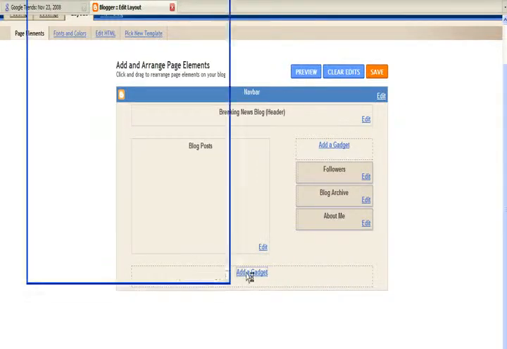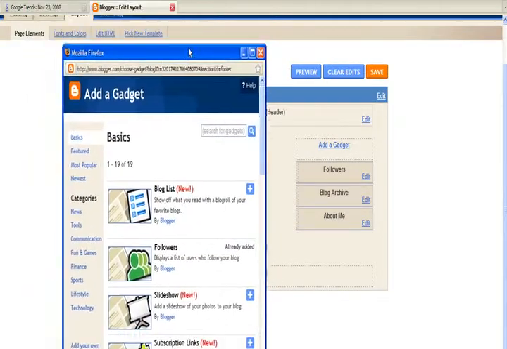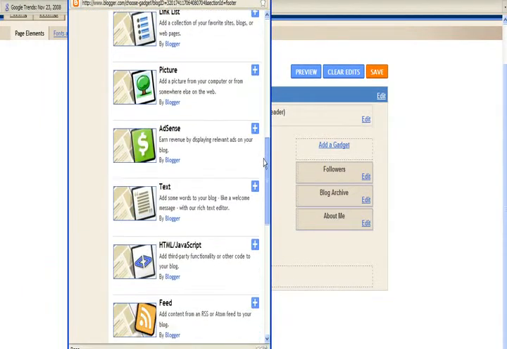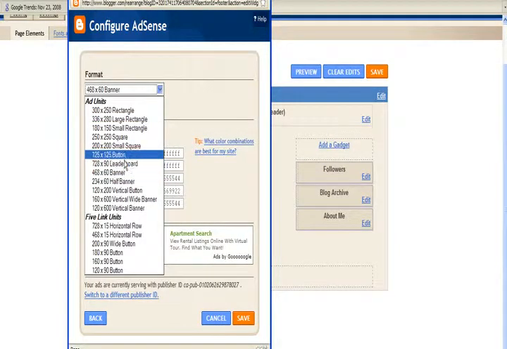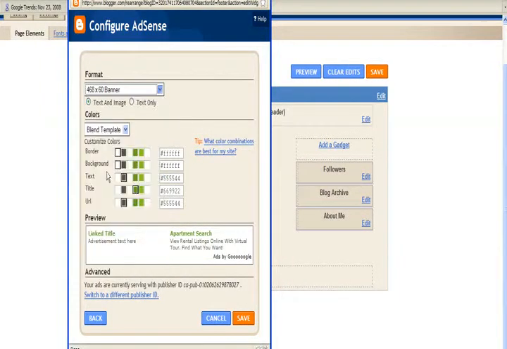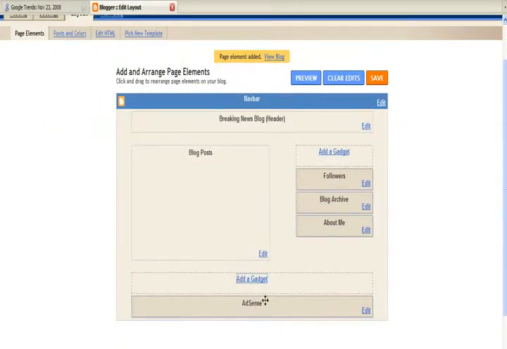The next step in this process, now that you do have your AdSense account ready to go, would be to click on AdSense, and then you can click on save. Now you can choose what size of banner you want to use. For this particular theme, and for a lot of the themes, a 468 by 60 top banner works out great. Text only ads tend to be the best ones to go with, and blending the template gives you the best results. So we're going to click on save right there,